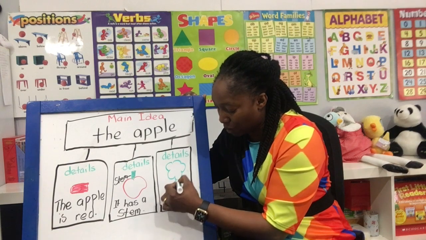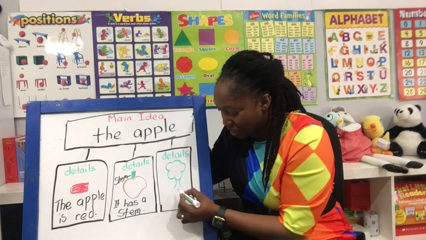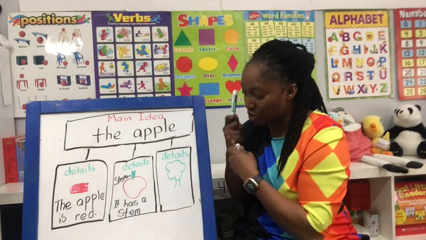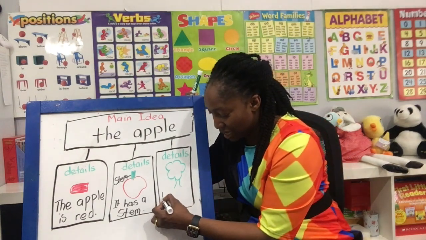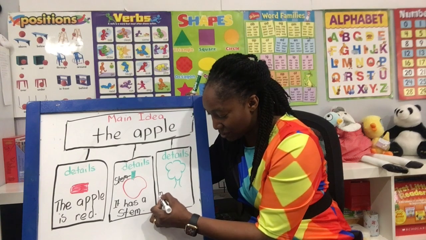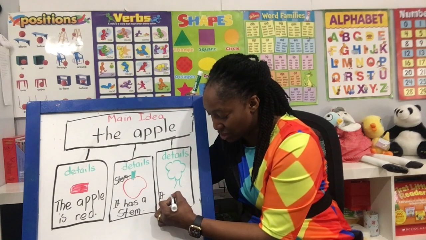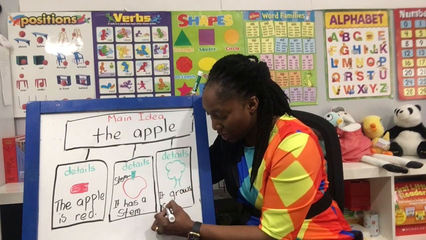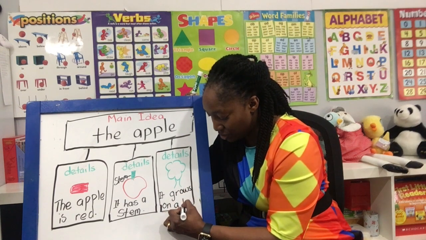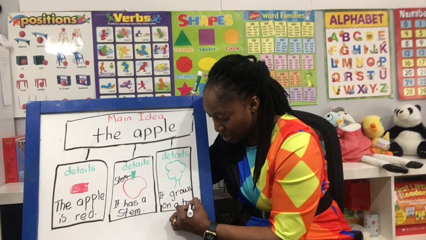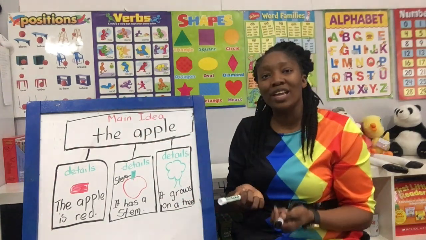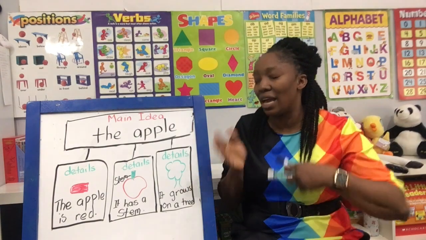Sometimes the pictures may not work, but it seems my pictures work this time. And I write a sentence about it, that it grows on a tree. It, starting with a capital, it grows on a tree. So my little graphic organizer here helps me arrange my ideas, my main idea, and my key